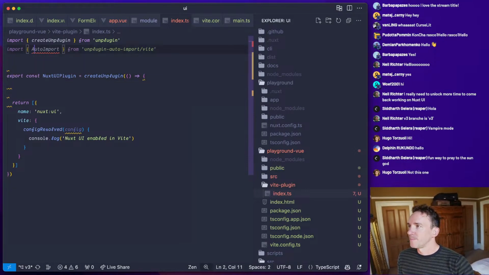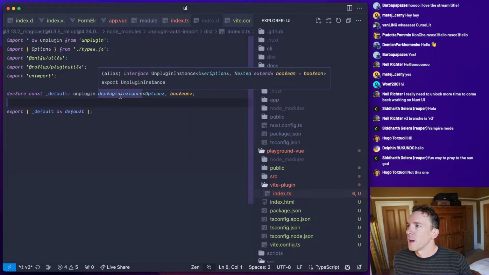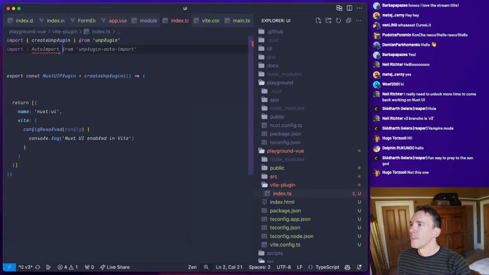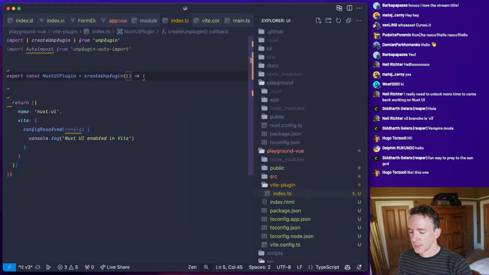Auto import, right? Oh, I think it probably does have a default. Yeah, it does. Okay, so we basically have the default, and we can access here, when we're creating the unplugin, options and also some metadata.